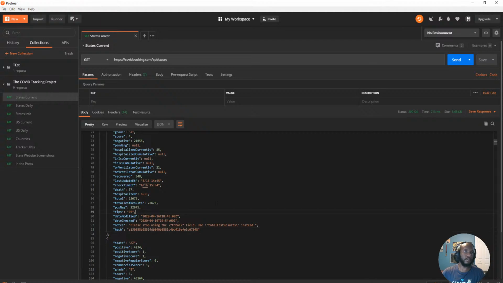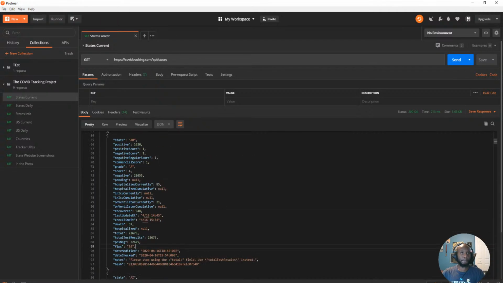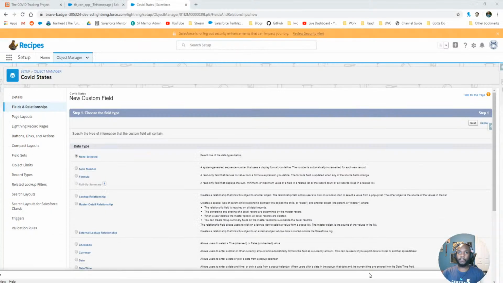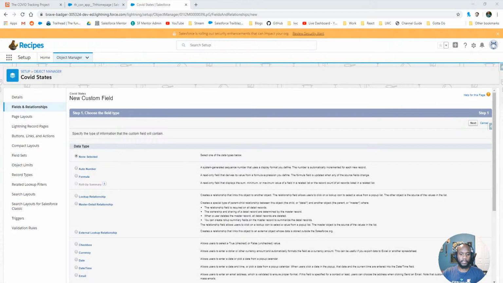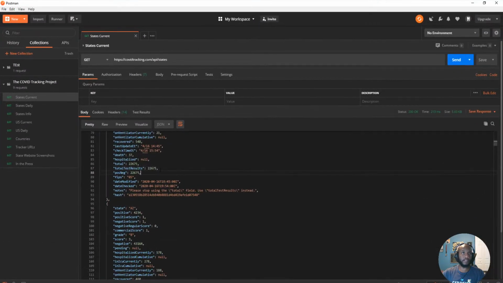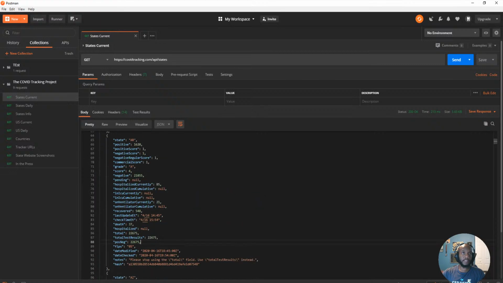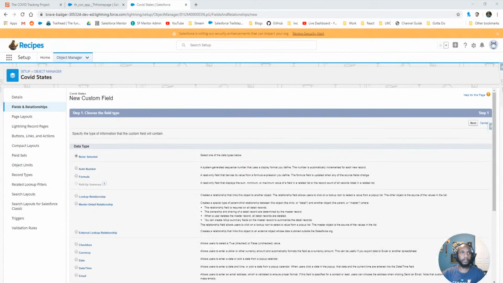We can easily make a formula inside of Salesforce and do that type of value there. So it's not a big deal for us. What else do we have? I think that's it. And there's a quick note that I want everybody to see. I'm bringing this back up again. They say to stop using the total field and use the total test results. So even though they are the same, maybe for some values somewhere they're not the same in some of the